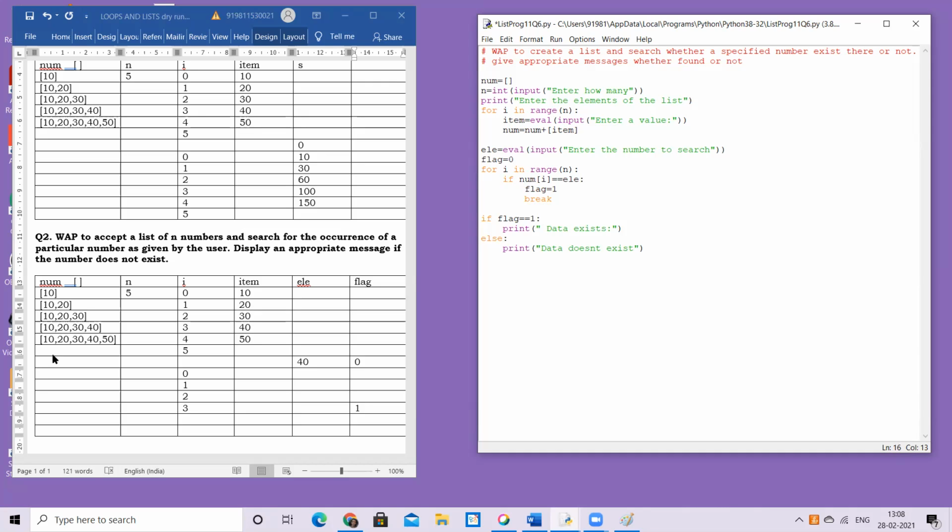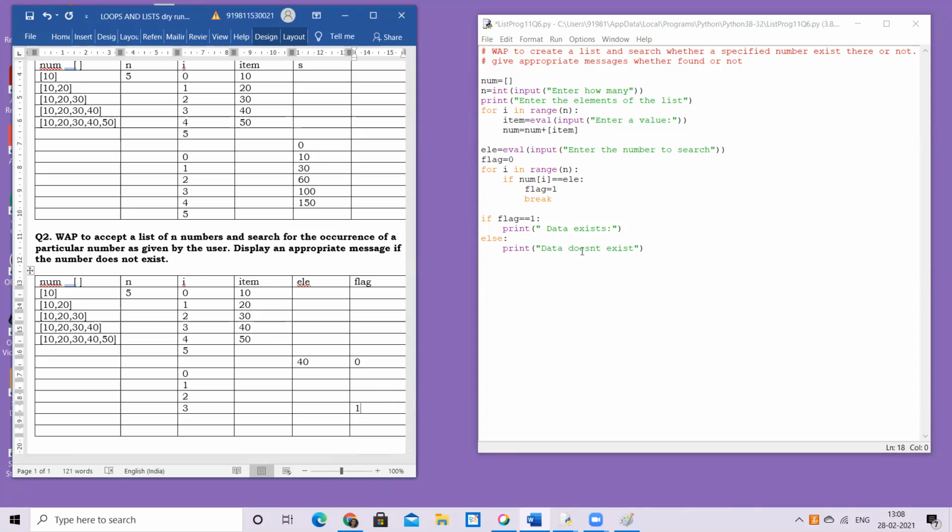You're unnecessarily making the code work 98 times, 97 times more. It's not required, right? So why take so much processing on that part? That's why I asked him to come out. Fine. So break means out of the loop. So I've reached here. Now here I have to simply check, is my flag value 1? Yes, it is 1. If it is 1, I'll print data exists.